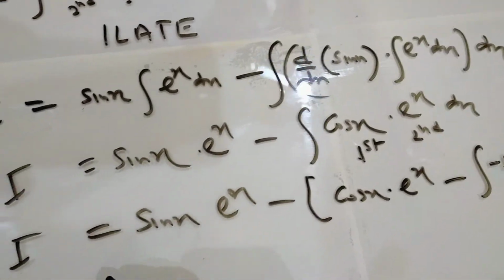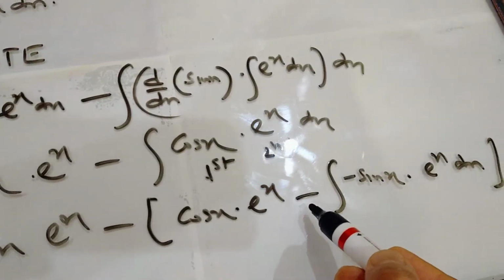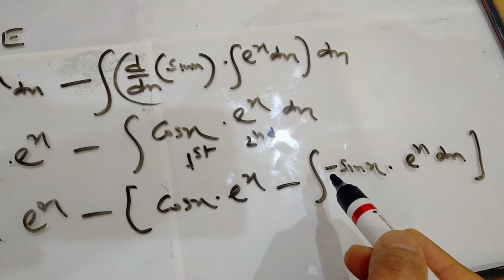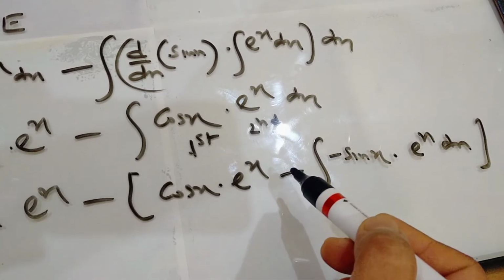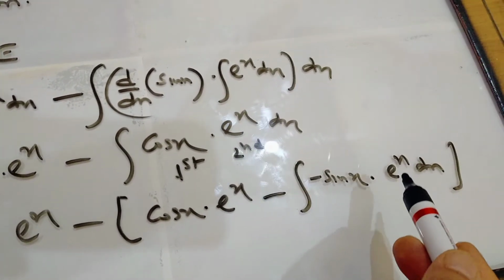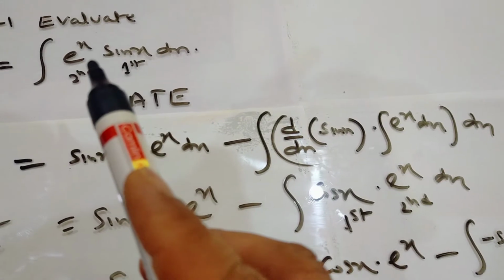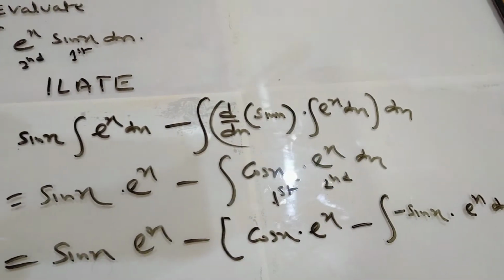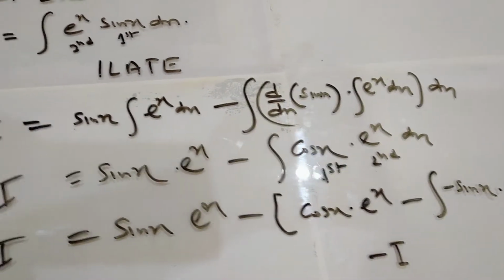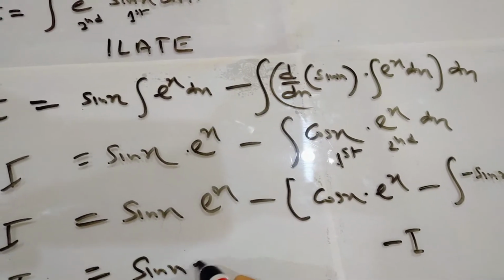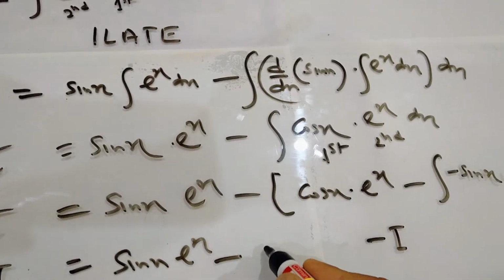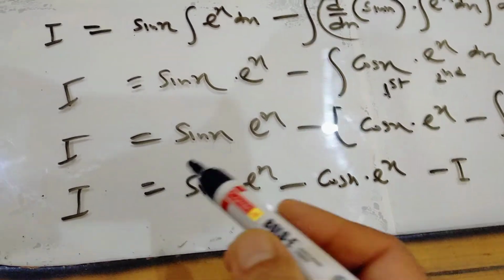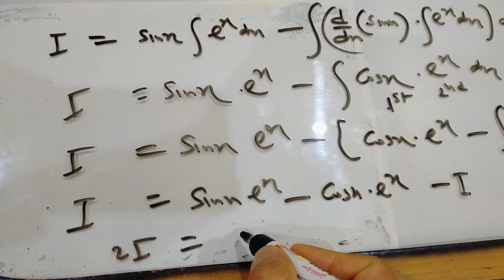Now if you open this bracket, the minus sign will make it positive, but it is already minus, so it will come outside. Minus minus is plus, then again it will become minus. So it is the same as our question, which I assumed as I. So in place of this portion I can write minus I. So here we write minus I. I is sin x e raised to the power x minus cos x e raised to the power x, isn't it? Now if we collect both I on one side, it becomes 2I is equal to